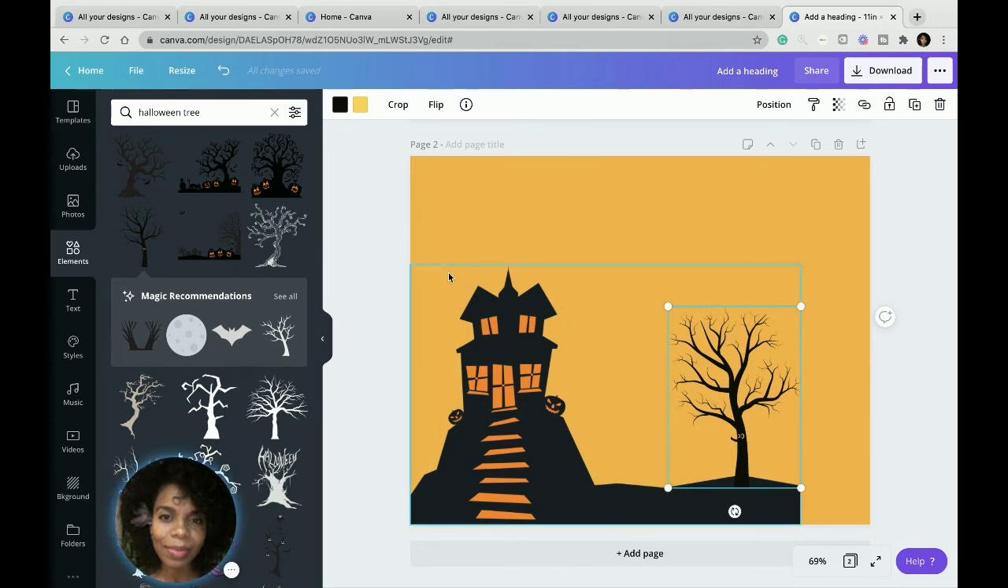Maybe a couple of these. So what I can do is duplicate it right here. Just hover over. You should hover over everything to see what everything is. I'm gonna just say duplicate, and this makes another tree. I'm gonna make it a little bit smaller,